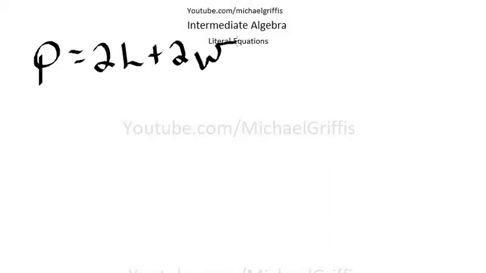All right, once again, we're going to look at another perimeter problem, if you don't mind. Okay, so I'm going to write it up here. P is equal to 2L plus 2W. All right, and in this case, we're given P is equal to 200 meters,